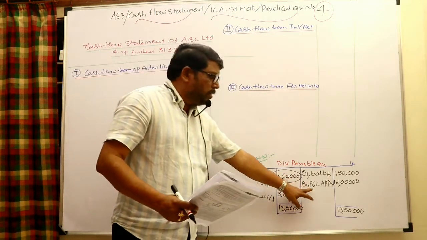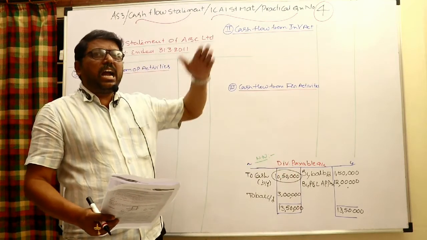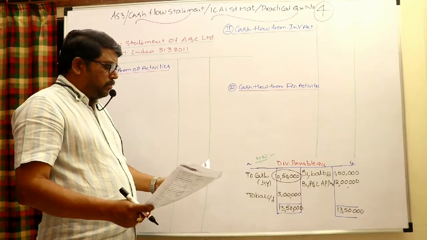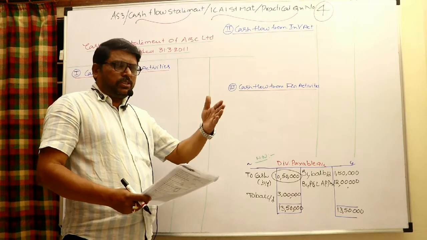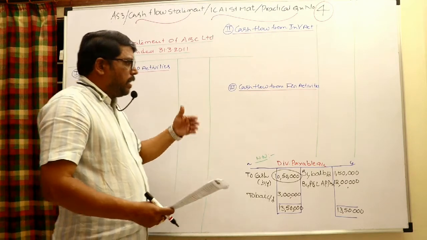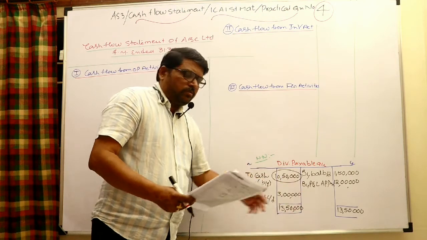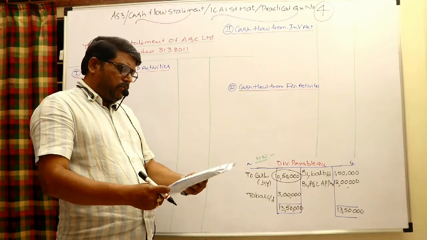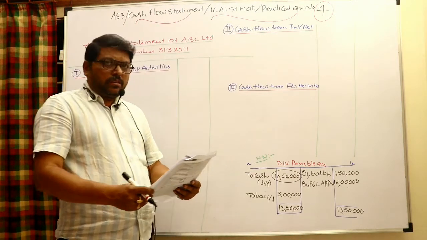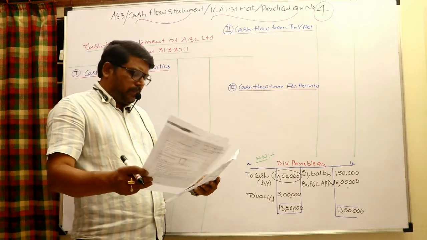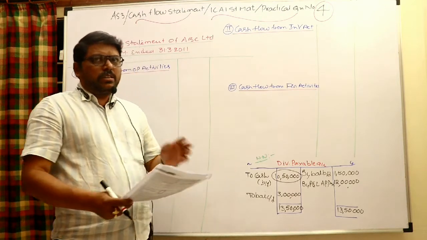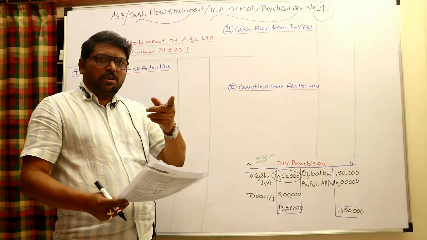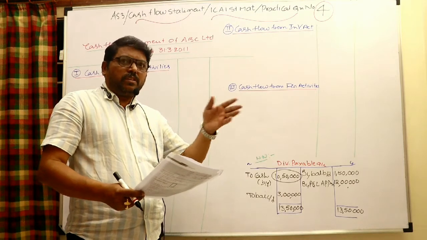But very importantly, whether the dividend declared through the P&L account is to be added or not. If you take this particular 22,40,000, which is before appropriations, then this need not be adjusted. But if I want to take the net profit as per the balance sheet, you can cross check it: 26 lakhs 50,000 and 36 lakhs 90,000. The difference between both of them, if you check it through a calculator, would be 10 lakh 40,000. That is the net profit as per the balance sheet, which means the appropriation of dividend declaration is done.